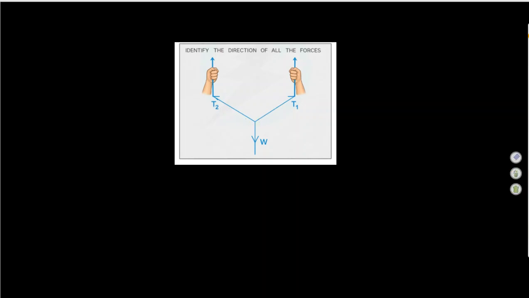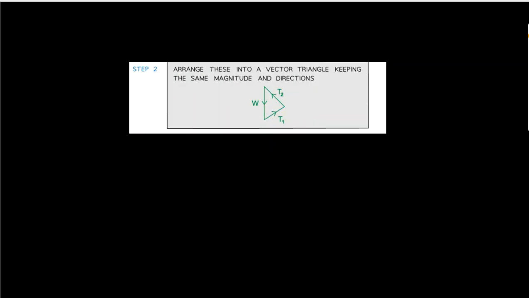So how do we represent the vector lines? Of course, to represent this, we form a closed triangle. So we identify the direction of all the forces, which we have done. And the next step is to arrange the vectors such that we have a closed triangle. And we add vectors by joining the head of one to the tail of the other. So if you look at this